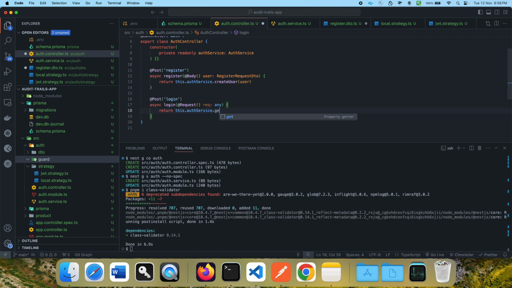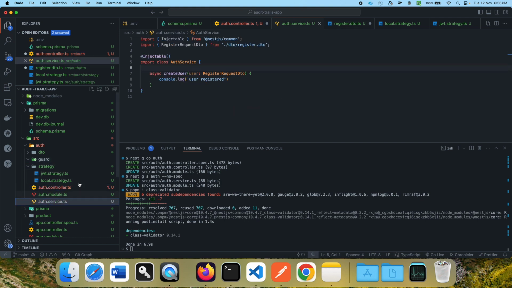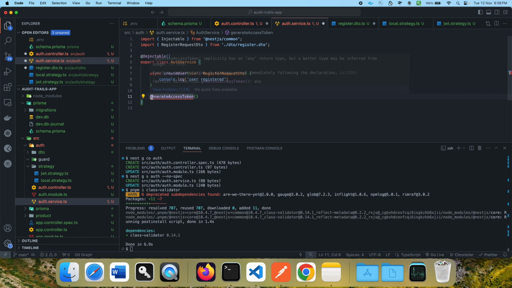So what we are going to do is we are going to create a method for generate access token, and here we can pass request.user. Okay, and now in auth service we can create one more method here, generateAccessToken,